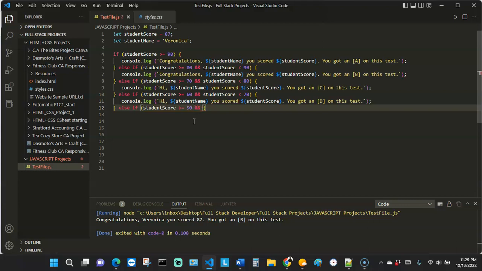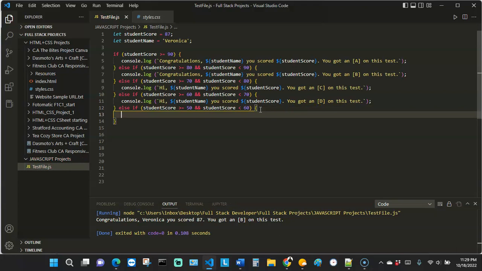Let's see here, and student score, say 60 right here. So here we're saying that else if the student score is greater than or equal to 50 and the student score is less than 60. If that's the case, then we want to console log. We want to say here again, hi first name, you scored that,